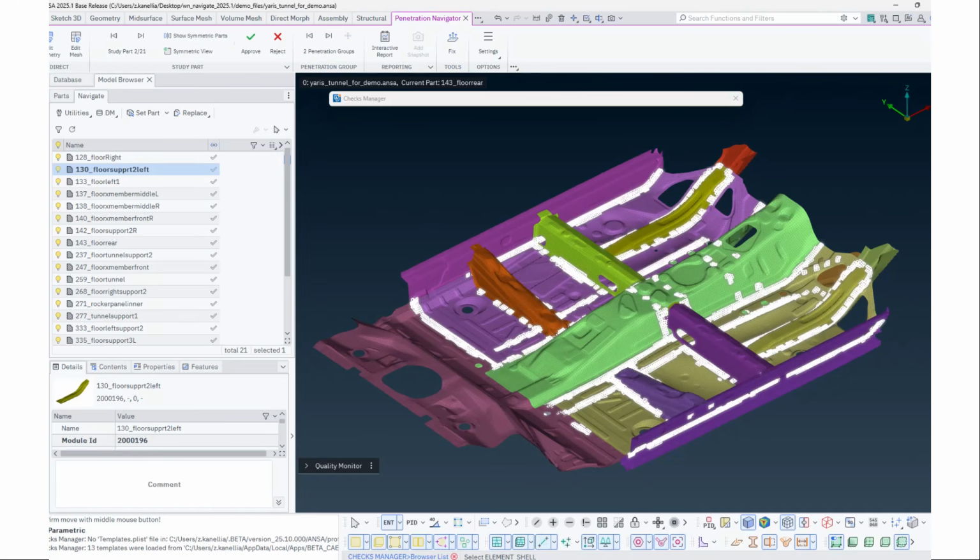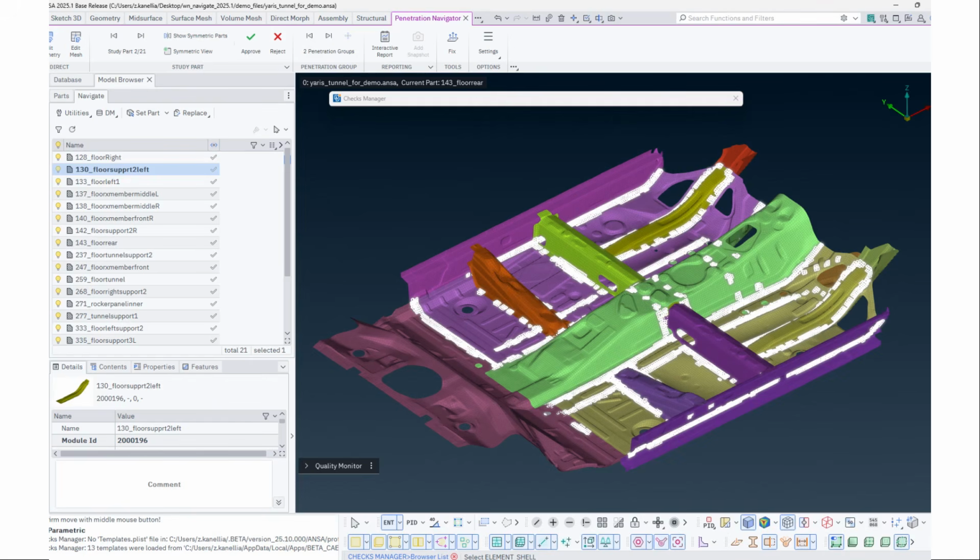Next, we move to penetration checks and navigation, an area that has seen significant improvements. This functionality is built for reliable and consistent penetration detection. Key features include part-based clustering of intersecting regions, a dedicated check draw mode for clearer visualization, and a new customizable navigation ribbon tailored specifically for penetration workflows.